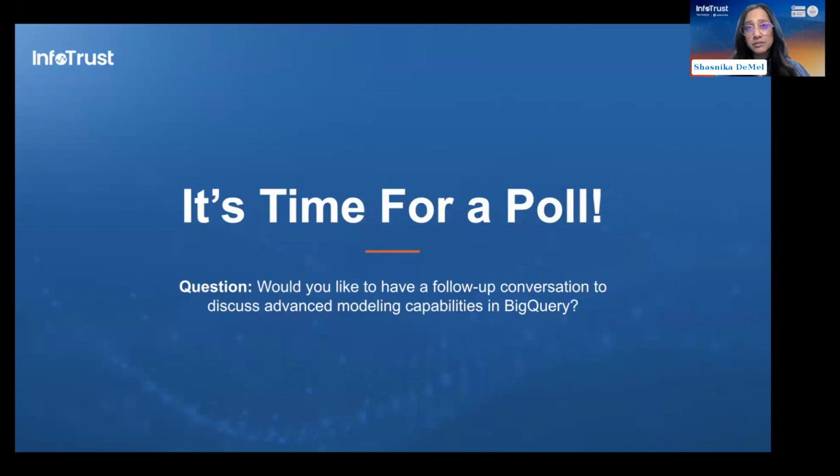So yes, you don't need a data science team, as long as you have a basic understanding of SQL code, you can use BigQuery ML and you can start experimenting with basic AI. And you don't need to know Python or manage infrastructure with BigQuery ML as well.